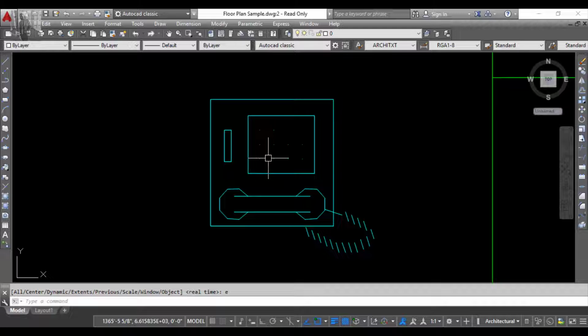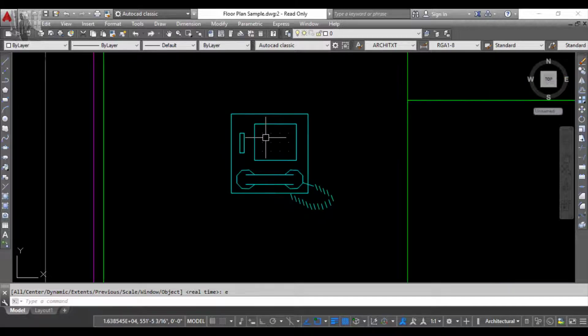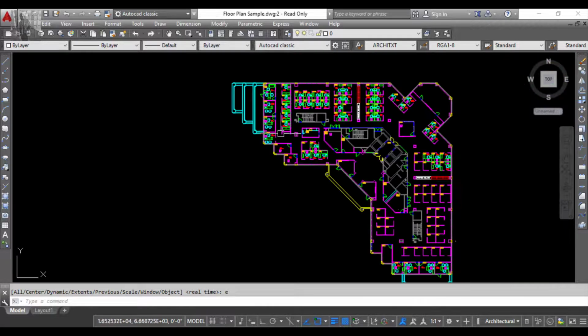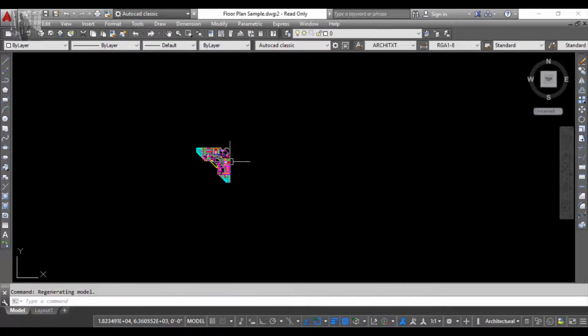As I roll backwards on the middle mouse button, you can see that we are zooming out. But suppose there are so many drawings in AutoCAD and you have misplaced your drawing on the screen and you are not able to locate it by rolling the middle mouse button forward or backward.